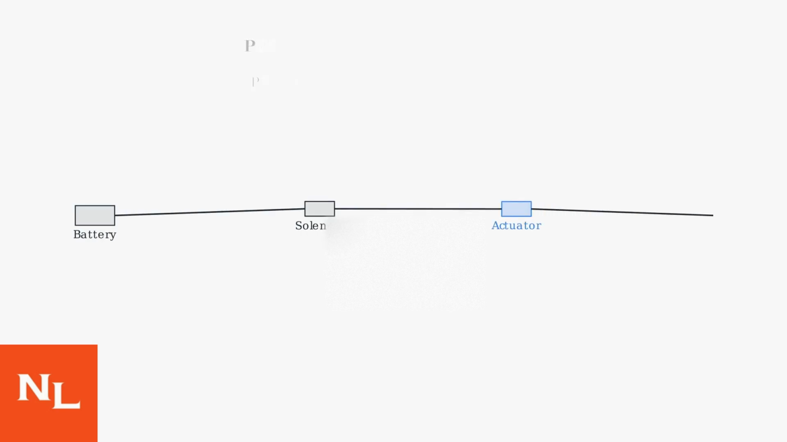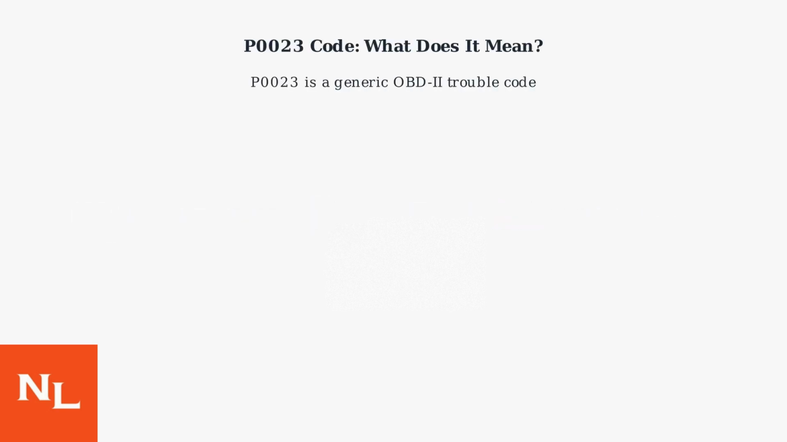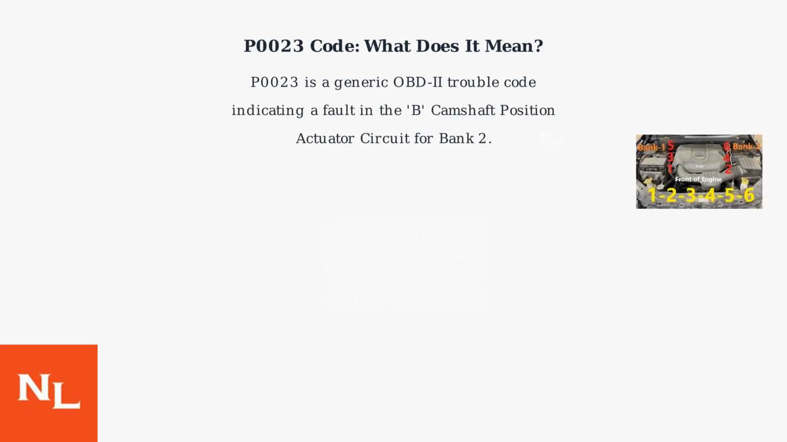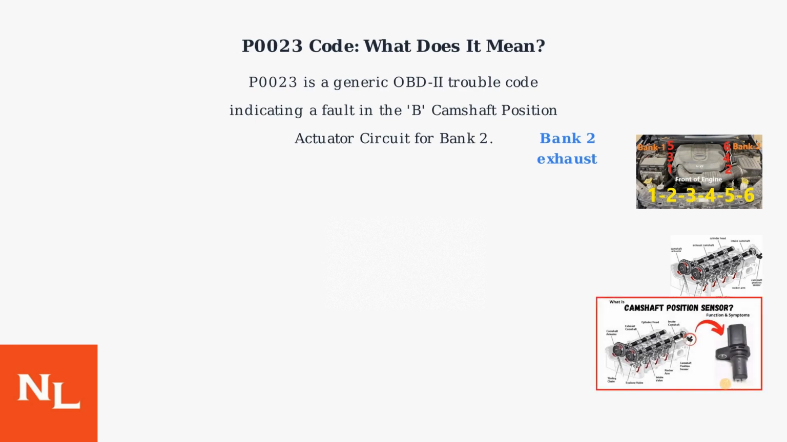P0023 is a generic OBD2 trouble code indicating a fault in the B camshaft position actuator circuit for bank 2. This typically refers to the exhaust camshaft actuator on the engine bank opposite cylinder 1, usually the passenger side in V6 and V8 engines. The B designation commonly identifies the exhaust side. In essence, your car's computer has detected an issue with how the exhaust camshaft timing is being controlled on that